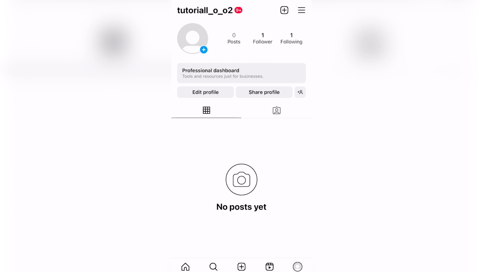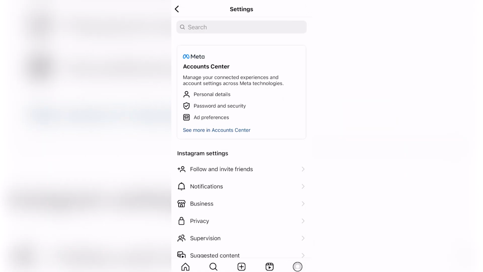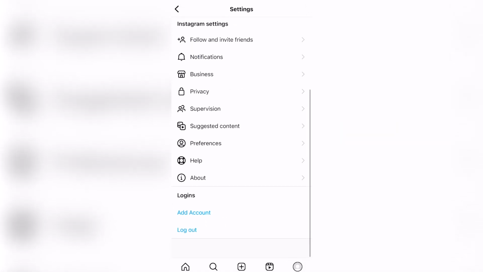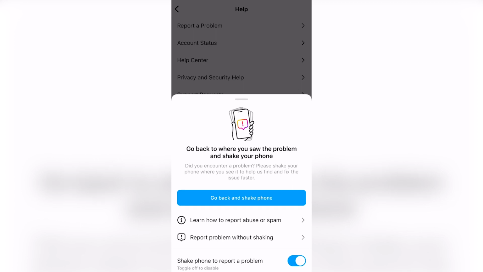Click on the three lines in the top right corner and then click on Settings. Then you're going to scroll all the way down and you're going to find something that says Help. Then click on Report a Problem,